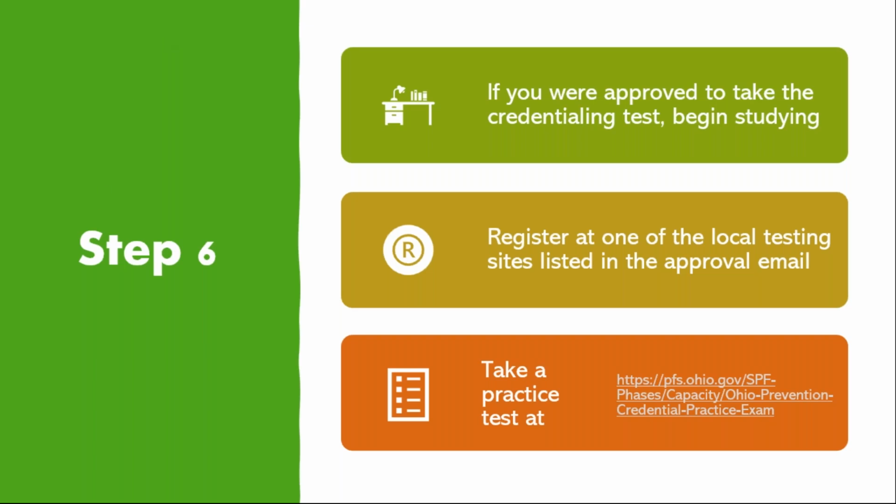But this practice test is free. There's a couple things it'll do for you. Number one, it will help you get used to taking those tests online, because if you did not grow up taking tests on a computer, it can be a little daunting of a task. Number two, even though these aren't the current questions, they're all old questions, it'll help you figure out, oh, you